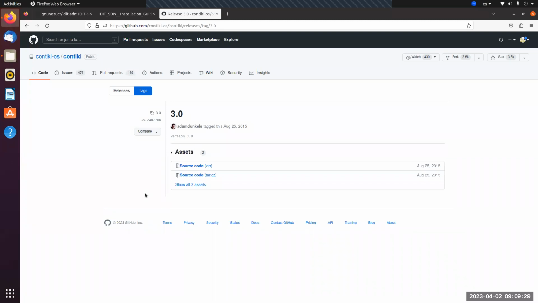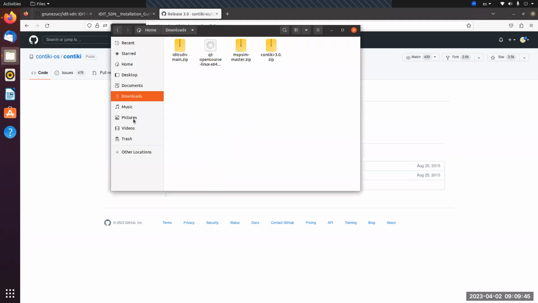You can download any of these. I already have this source code .zip, so you can download it here, and then you will have it such as I have it here in my downloads folder. You will see something like this. Okay,